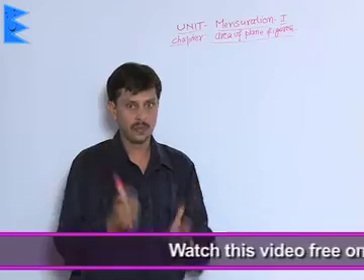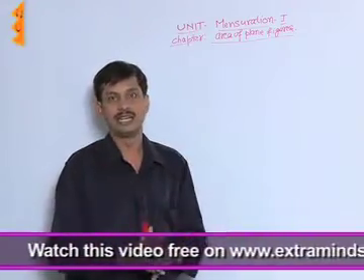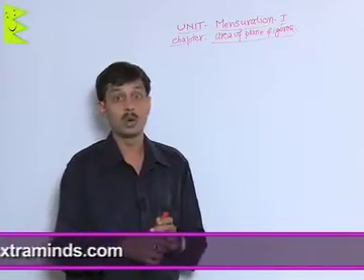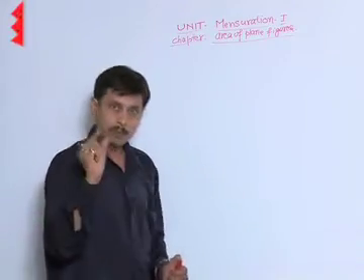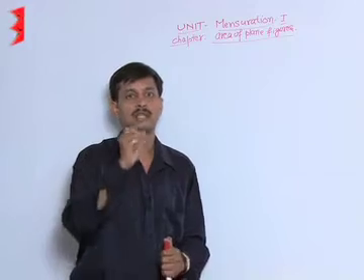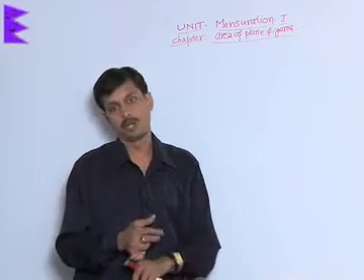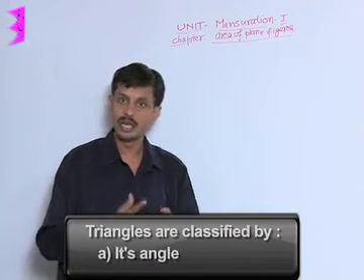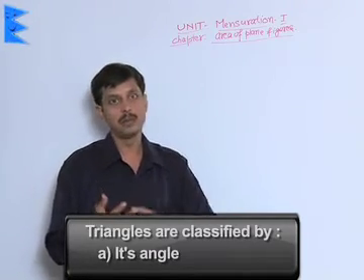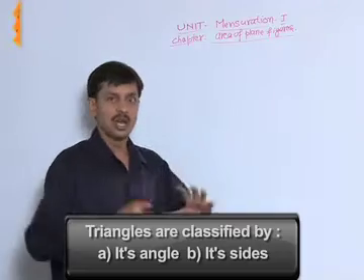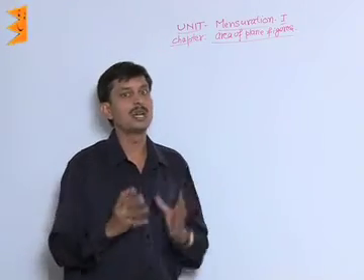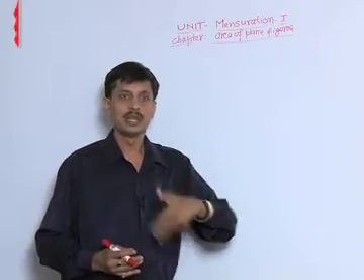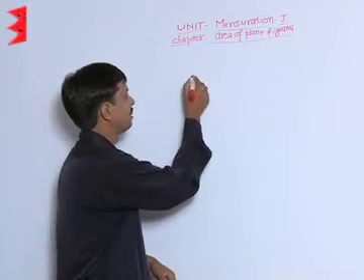Sides are these line segments which make the boundary of some surface. So we take the first polygon, that is a triangle. Now the variety of triangles comes. Triangles are classified on two bases: A, on the basis of angles, and B, on the basis of sides. Now the question comes, what is the area of a triangle? So you should have a proper idea of the area of a triangle, which I am writing here.